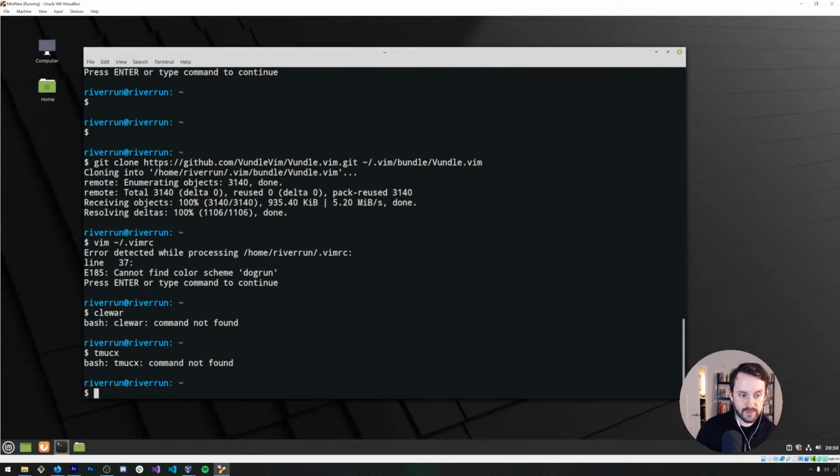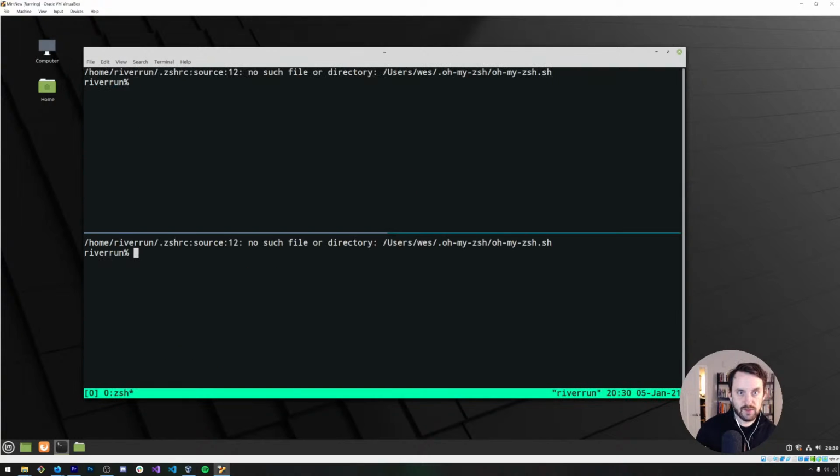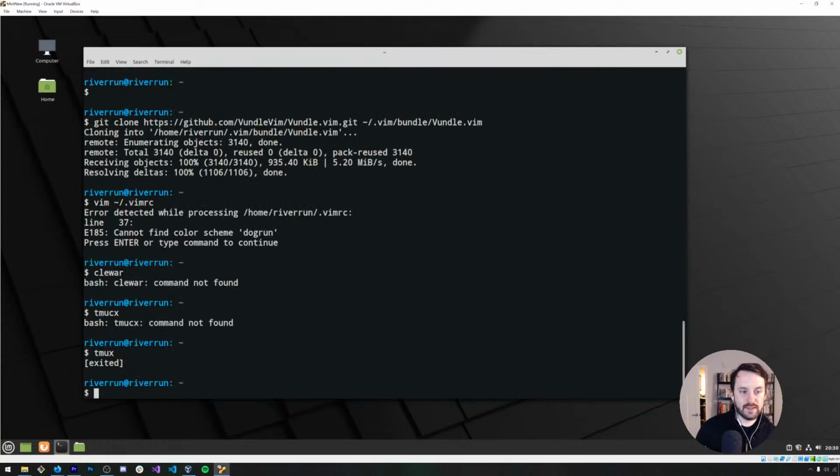All right, I think Vundle actually finished installing, which means that next time I run Vim, we'll start Tmux. Tmux is no longer broken. Well, actually it is sort of broken. All right, so we can fix that.